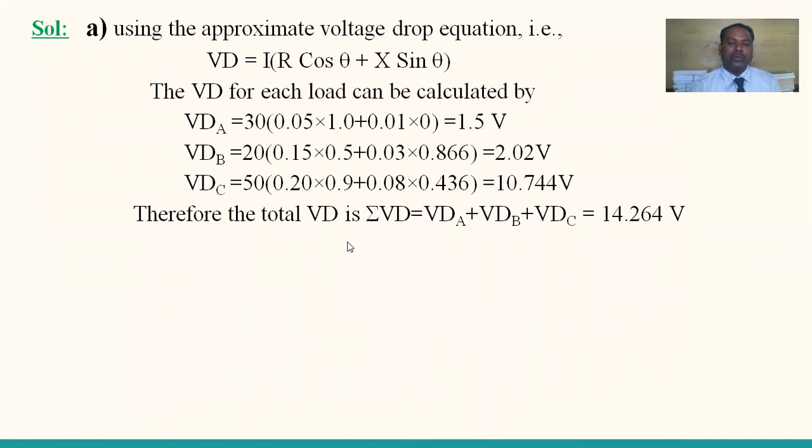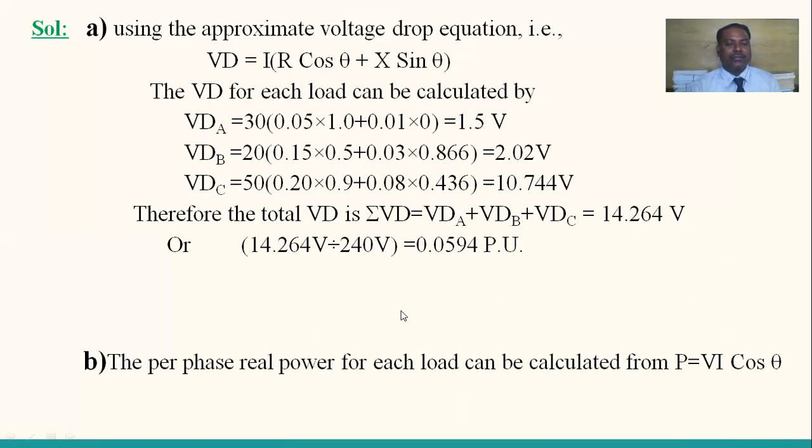So he asked to calculate the total drop of the feeder. The total drop of the feeder voltage drop, summation VD, where VD is the voltage drop, is equal to VDA plus VDB plus VDC, the sum of the three drops, that is 14.24264 volts. This is bit number 1. Next, this can be expressed in terms of the base voltage. The drop is divided by the 240 base voltage, which is 0.0594 per unit. Per unit in the sense when the system measurements have a bulk value, you can express it in terms of the per unit basis.